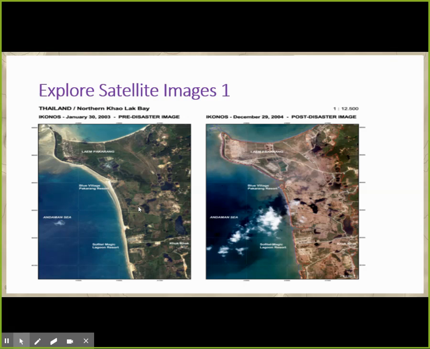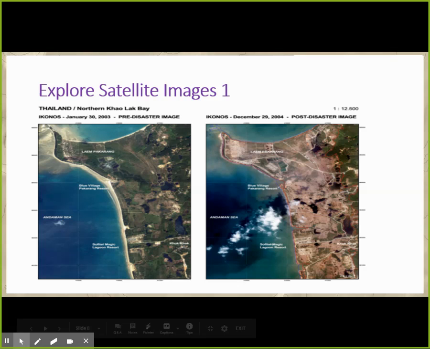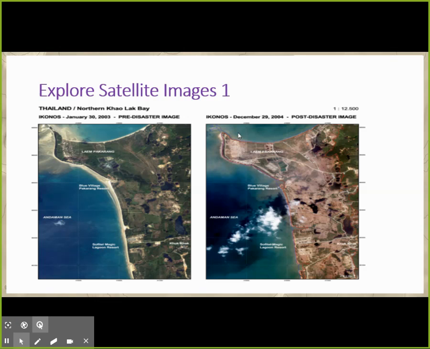So based off of this, what kind of disaster do you think that Thailand experienced on January 30th, 2003? So we said maybe a hurricane. So let's look at this post-disaster. Somebody said tsunami. I think both of those are really great. Tropical depression. So some kind of water storm. And so when we look at the post-disaster,